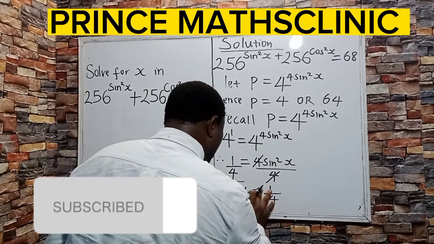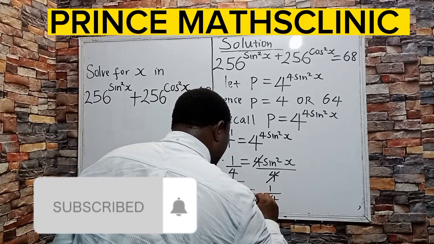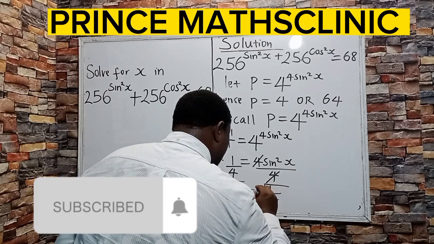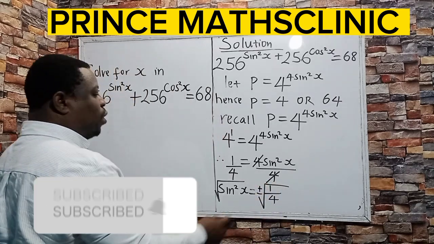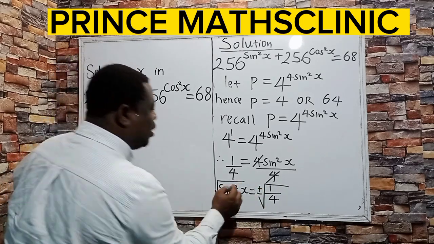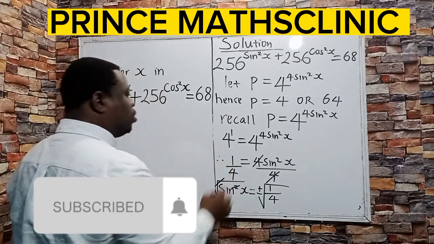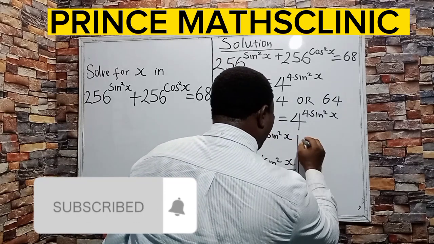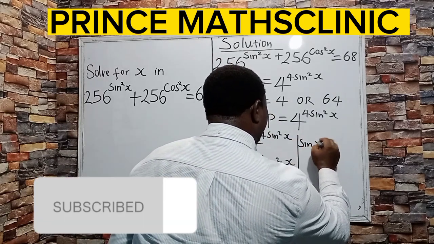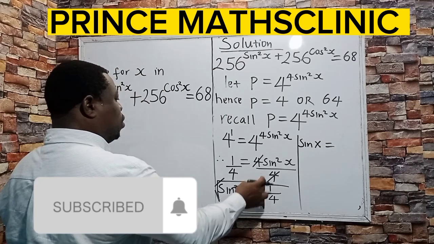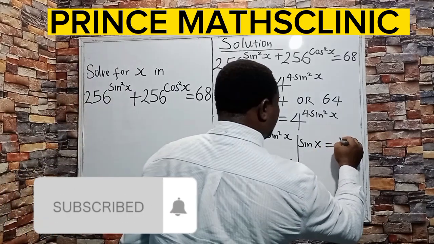Therefore, you put a plus or minus here. The square root cancels the square, so that our sine x will be equal to plus or minus